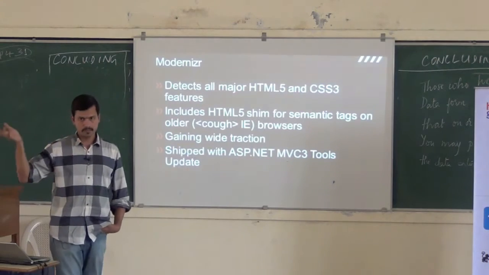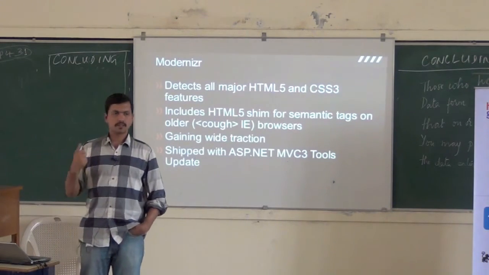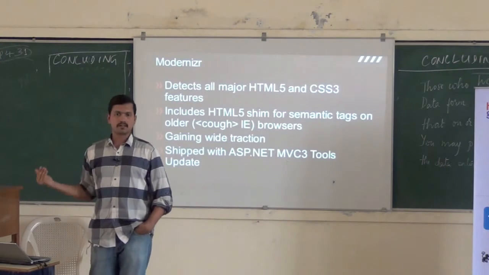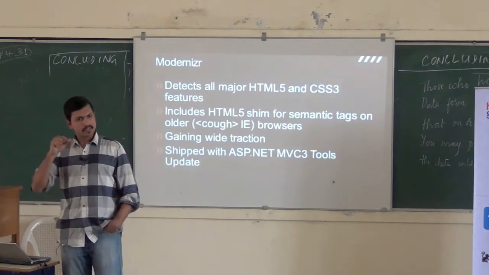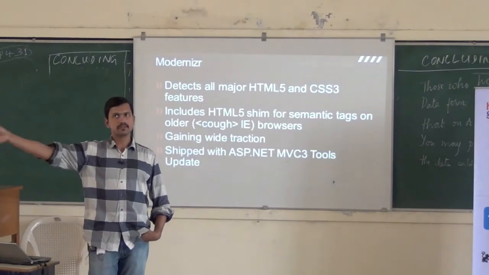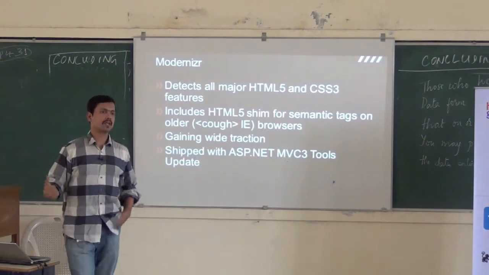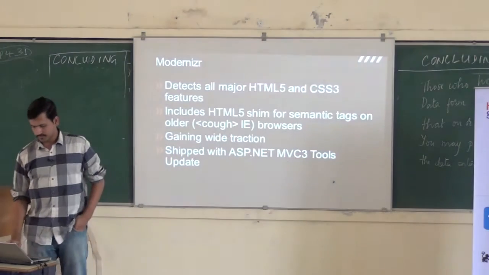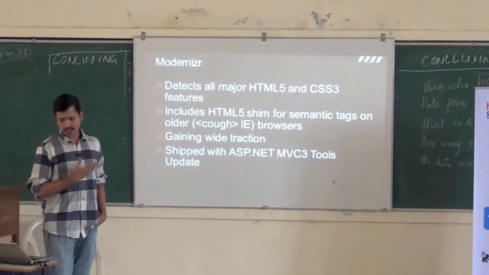For example, with input types, with form types, right? Does this browser support the HTML5 form types like email, URL, and so on? So you can check whether this particular client supports input type email, right? And then you can write code to do that, or you can put in a fallback, which will do the script validation. So that's what Modernizr brings to the table.